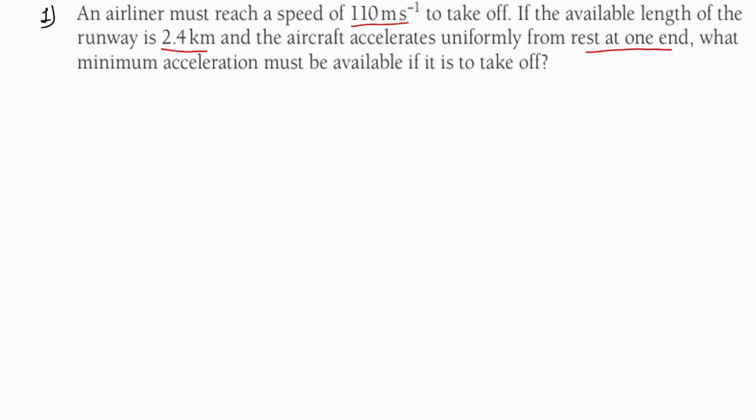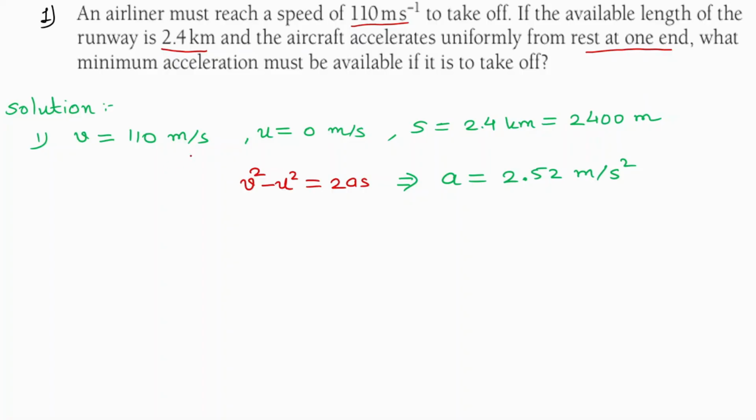So in the solution, we have a final velocity which is 110 meter per second, and the airliner is taken from rest, so the initial velocity is 0 meter per second. Now it covers a distance of 2.4 kilometer. Here we have speed in meter per second and distance in kilometer, so it should be the same unit. So we have to convert kilometer into meter by multiplying by 1000. So we got the distance in meter which is